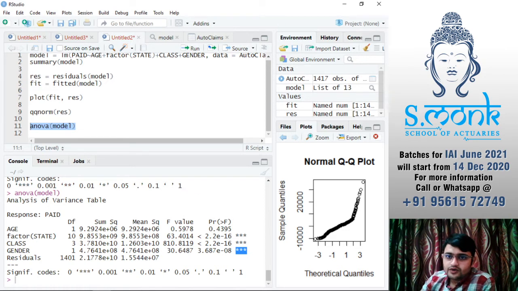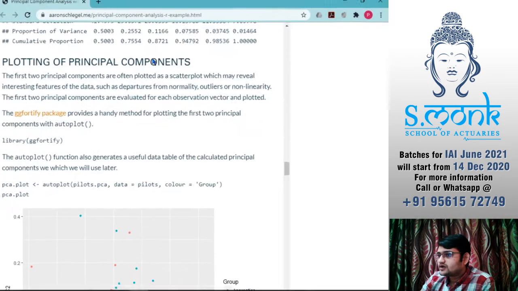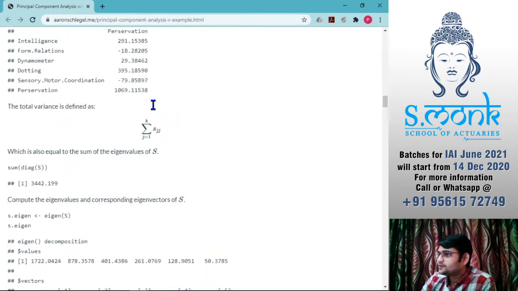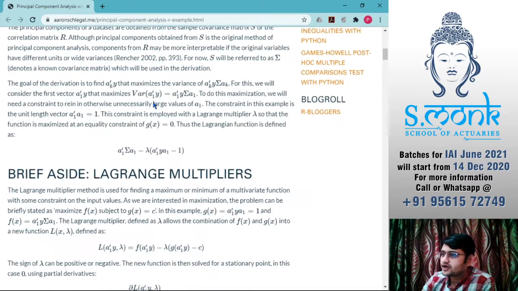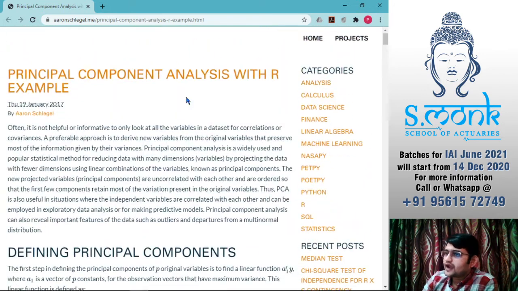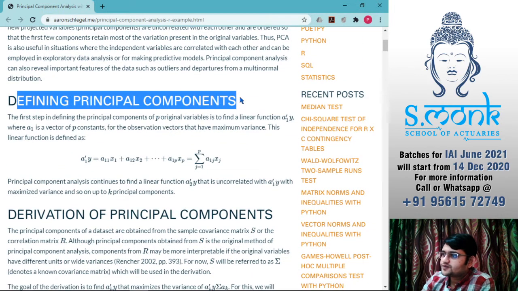Now let's talk about principal component analysis. Now see, principal component analysis consists of some concepts that may or may not have been taught in 11th, 12th. We call them eigenvalues and eigenvectors. Okay, we just need a little bit of brief idea about what that is, so I will be talking about it using this. So first of all, what is principal component analysis?